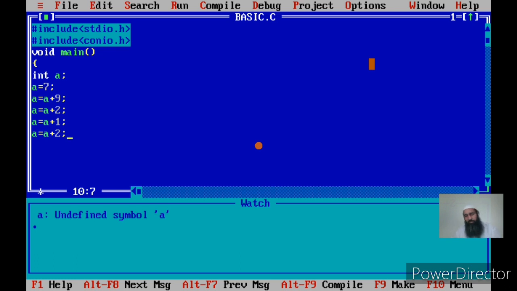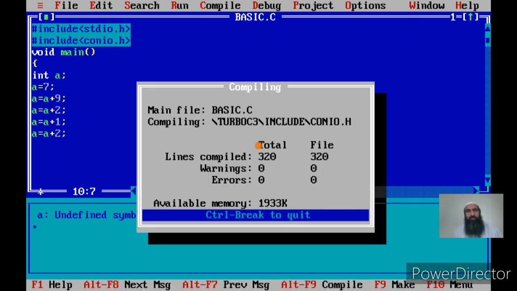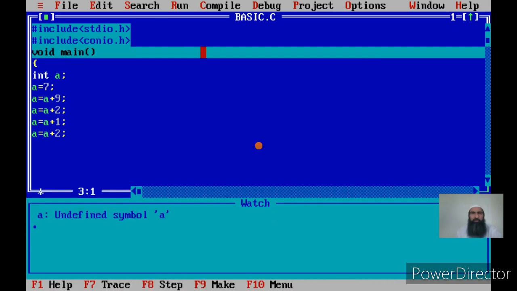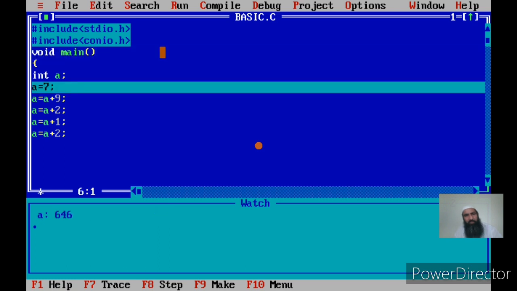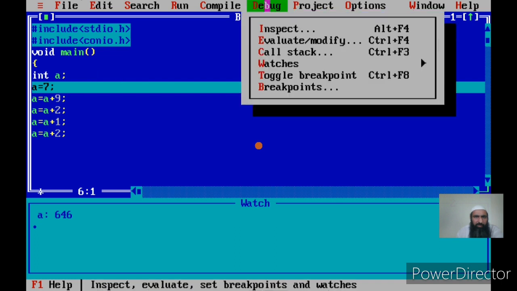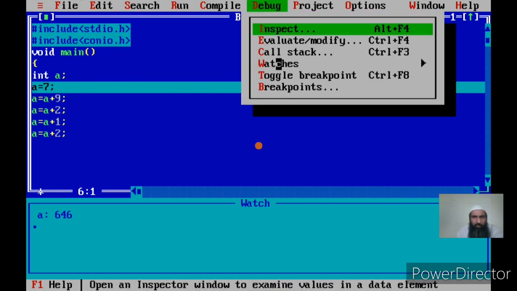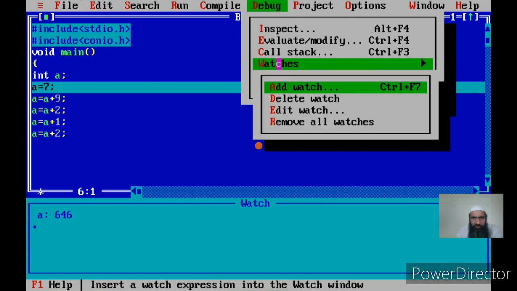In the case of Turbo Assembler, you have to press the F7 key, and once I press the F7 key, your main gets highlighted with this color. Now I go to the next step by pressing F7 again. See, if I want to see what is happening in A, there are two methods. Either I print the value of A after every step and I know what changes are happening in A, or I go into this step by step mode, then I use the debug option, and I watch, then I use the watches option, then I say add watch.